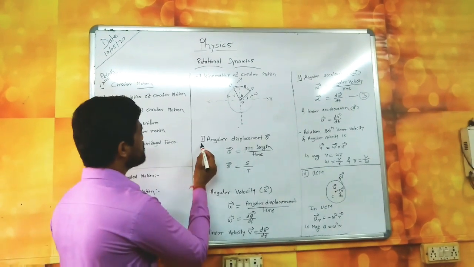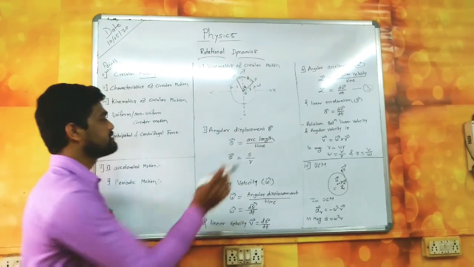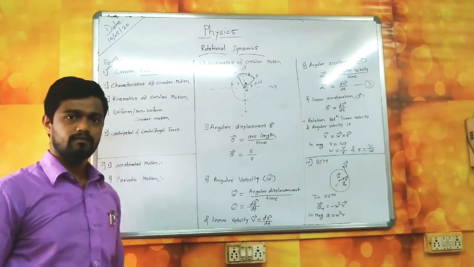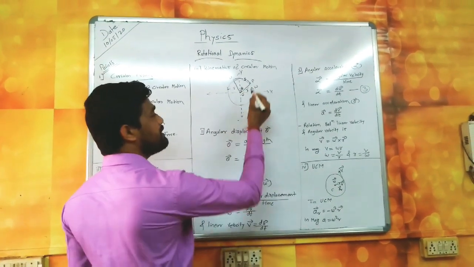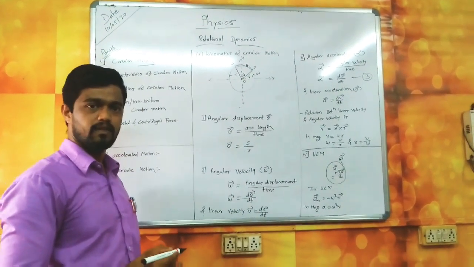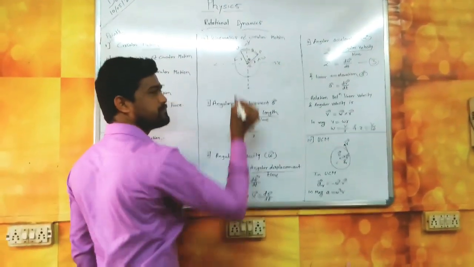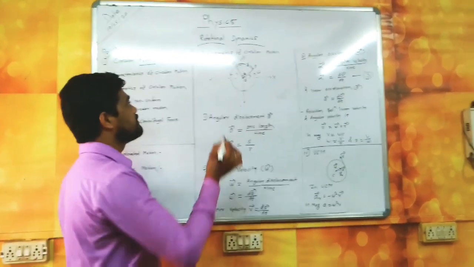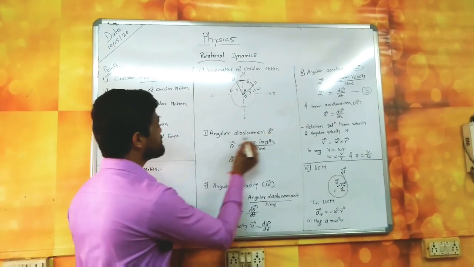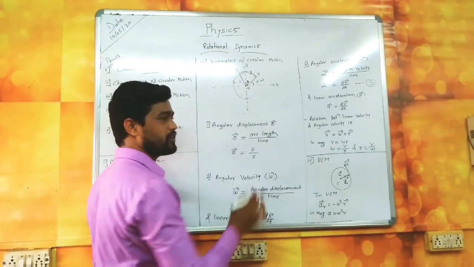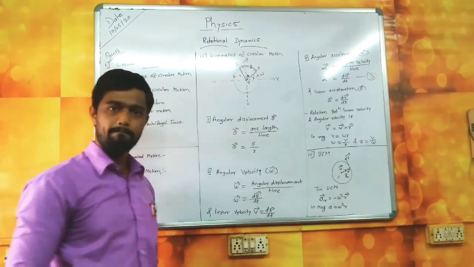Okay. So first, angular displacement is defined as theta bar, in vector form theta bar. Suppose your particle is present at a point P, the initial point. When it is in motion, it comes to Q. In that time, the arc length is S, so angular displacement theta bar is equal to S upon R.